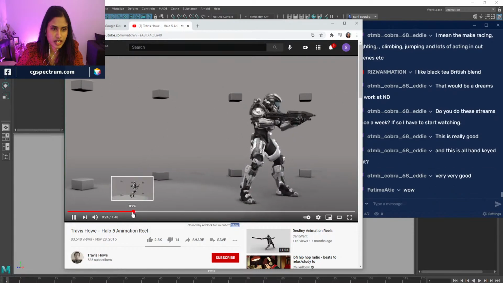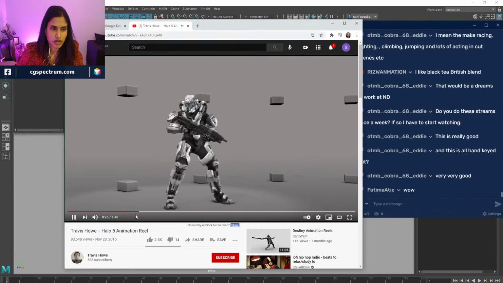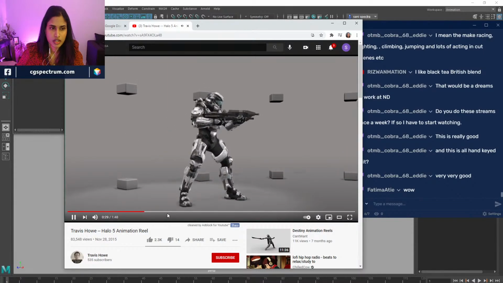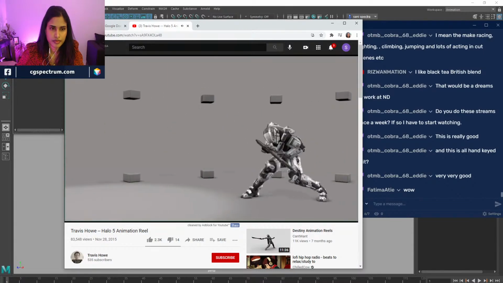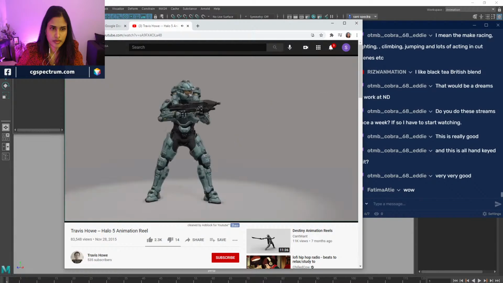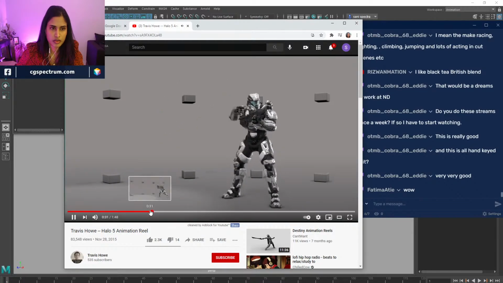And then this is him taking bullets, so this kind of stuff is really good to show in your game reel. Yeah, that's a pretty cool touch to it, right?